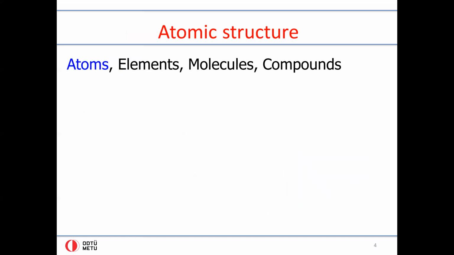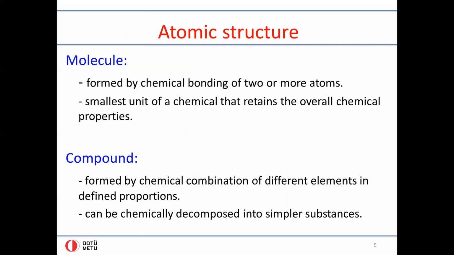So inside a material, forming up the structure, you basically have atoms, which are atoms of different elements. And then you have molecules and compounds made up of these different atoms, either one type of atom or more than one type of atom. So the distinction between a molecule and a compound is that a molecule is formed by bonding between two or more